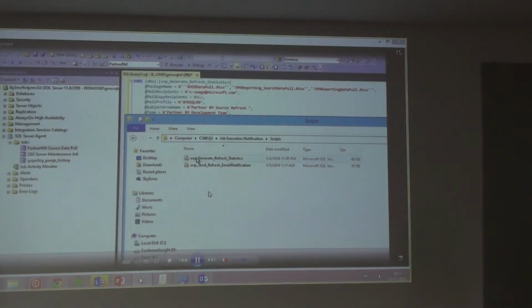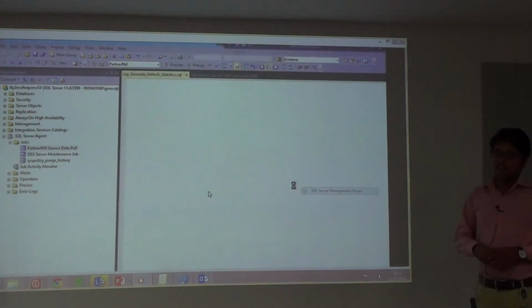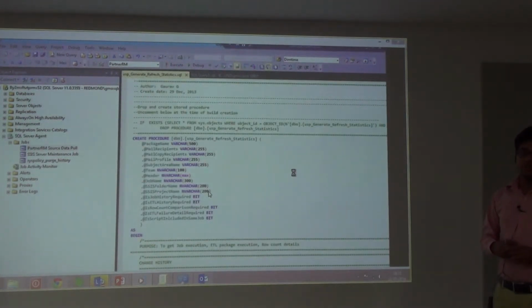Okay, script deployment, we have two scripts. Just execute the scripts in any single database on your server. It will suffice the needs of all your jobs for all your databases. Just creating those scripts, nothing else.